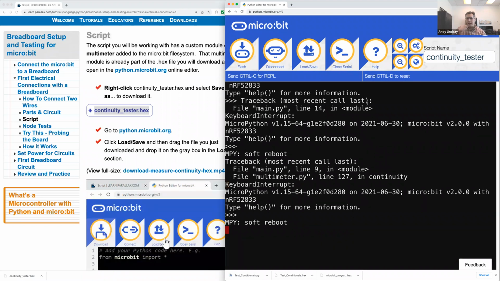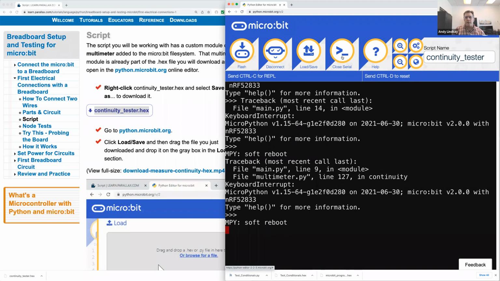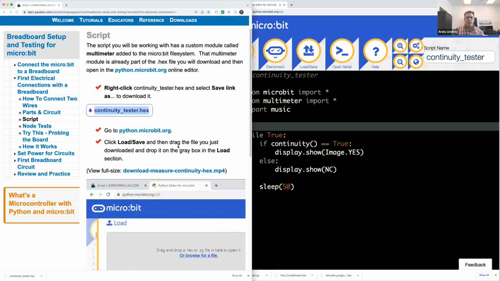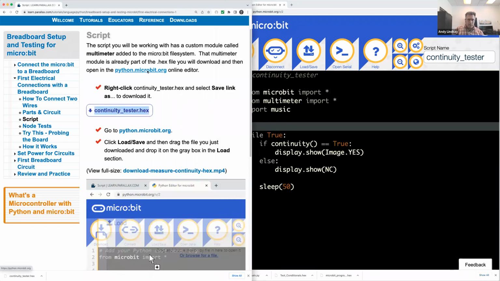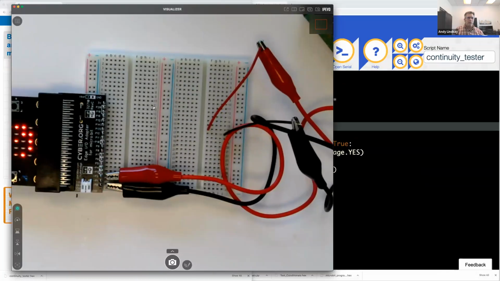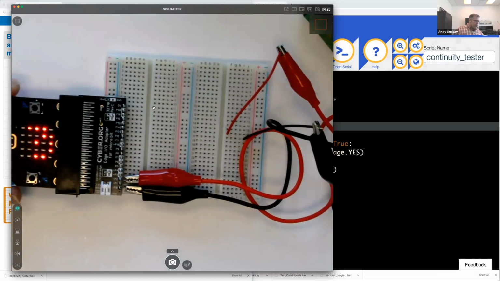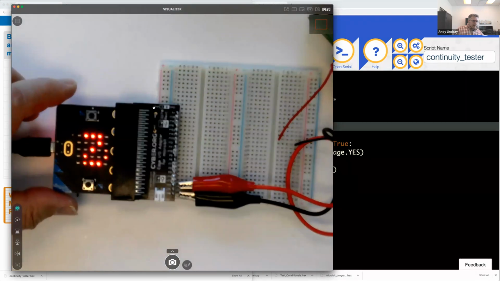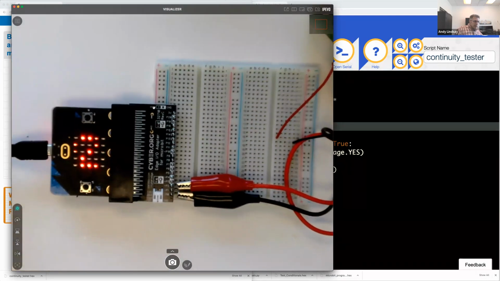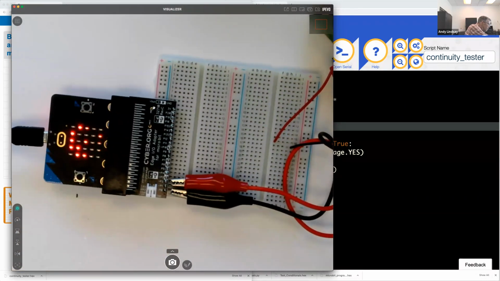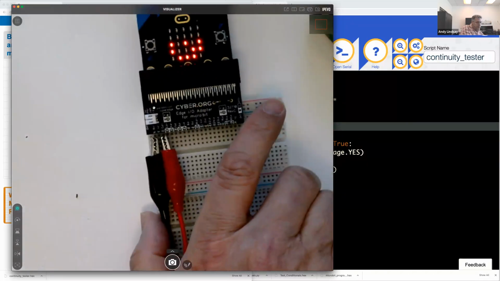Oh, that's right. This doesn't do anything in the serial. Sorry. Close serial. Now, it's a little difficult to see here, but looking at the microbit,